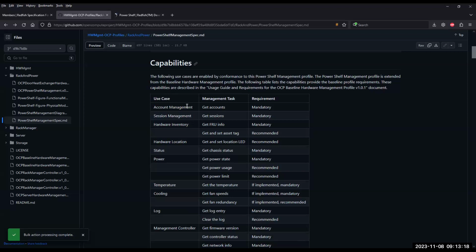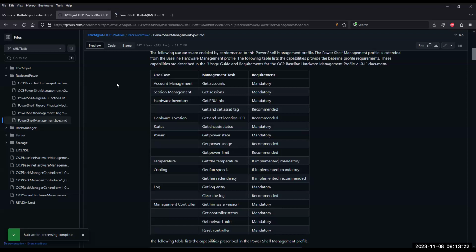Going through the capabilities, which is really each of the use cases to outline, there are many that are already covered in the baseline management specification, which I won't go through in detail.